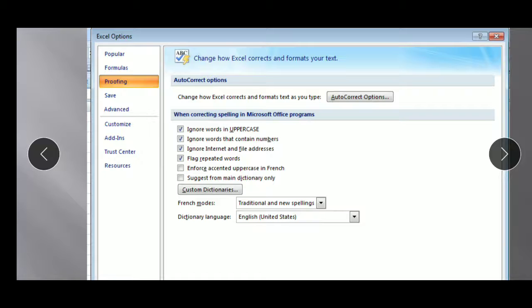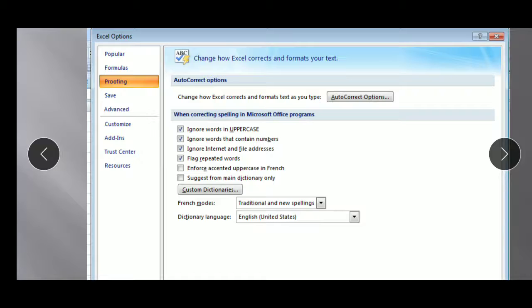Next is flag repeated words. Suppose you have seen the search and find option, which is possible in Excel, in Word, and in PowerPoint as well. If you want to search any word, you can go for that search option, type the word you want, and when you click enter, wherever that word is, it will get highlighted, however many times it is there.